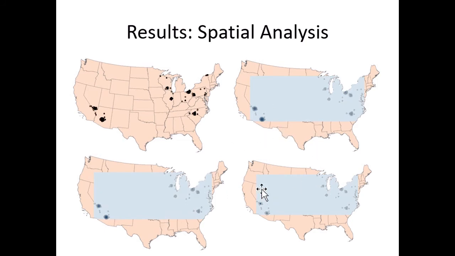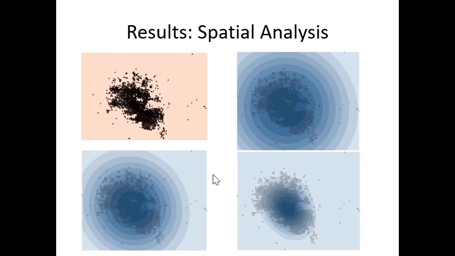Does it mean that the closer we get to the city center, the more popular we can expect the businesses to be? I think this is further proved by this map at city scale, which is Phoenix, Arizona. So this is again the spatial distribution of the businesses. This one is the kernel density function applied to it. This one is the same function applied to the ratings. This one to the review count or popularity. I think we can see kind of the same phenomenon happening here, which is kind of interesting.